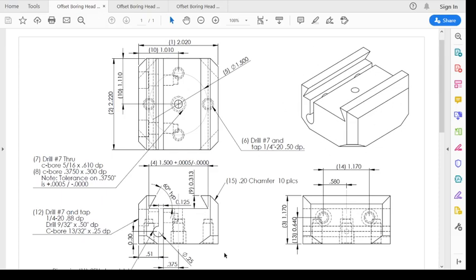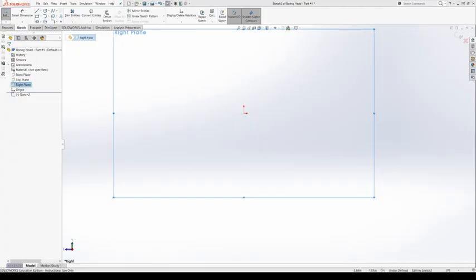So that's what I'm going to do. That's the side I'm going to start off on. I don't have to. I could start off on any of these sides, but because of the shape of the part and how it looks, I think I'm going to start off with this side. This kind of makes the most logical sense to me. So if I go back to my SolidWorks window,